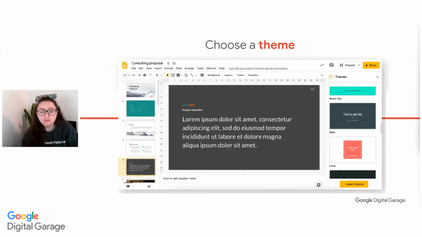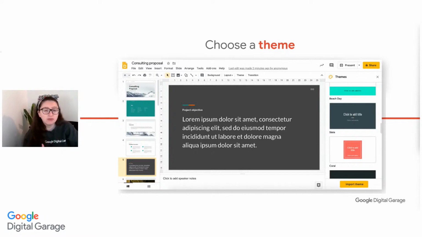Now, just like PowerPoint, you can see it looks very, very similar. If you're someone that isn't very practical when it comes to creating those colors and you just want something simple, you can actually choose a theme. On the right hand side, once you go into themes, you can see you can select the best one for you, and they will then give you some pre-designed themes that will allow all of your presentation to have a consistent look, a consistent feel for when you get to deliver. You can see down the side, it doesn't mean that every slide is the same. It gives us a list of formatting options for different slides within that theme.